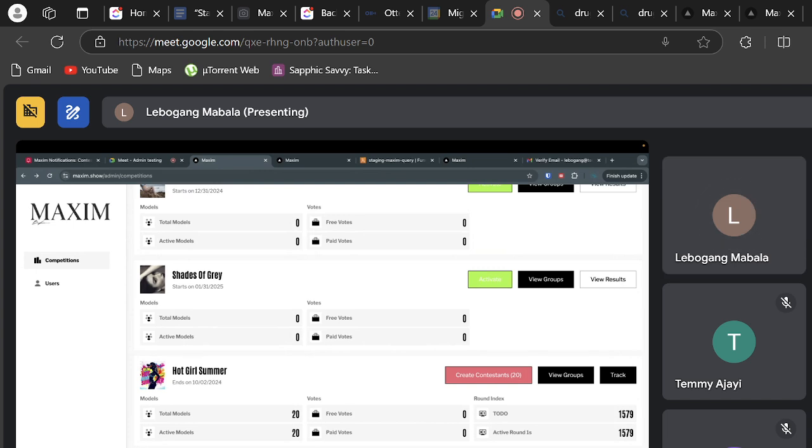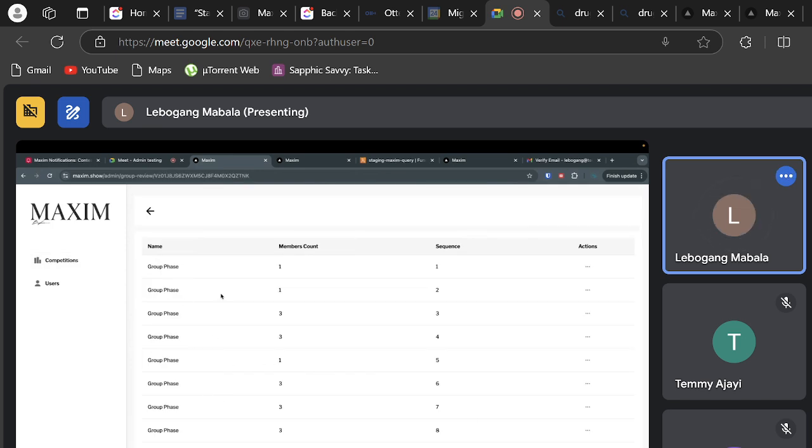What I was expecting was you should see another round pop up here, or group at least. Well, a round, yes. Okay, so let's say this model won the group and then she moved to the next round, right?